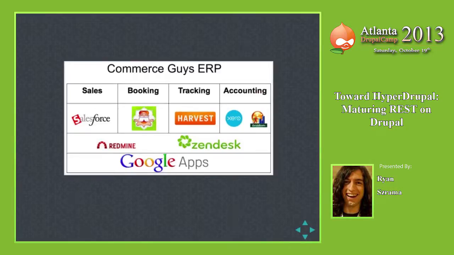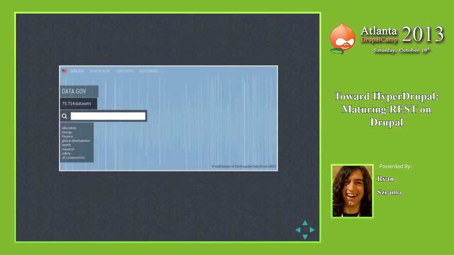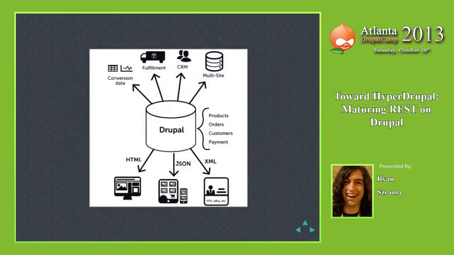Fantastic. The World Wide Web is also, of course, doing this for governments, government data. You have all of these REST APIs available to you through data.gov, so you can create these mashups of government data. You can do research, data mining, and so on. And then, of course, if you were in my presentation earlier or familiar with where I'm trying to take Drupal Commerce, we're doing the same thing for stores.